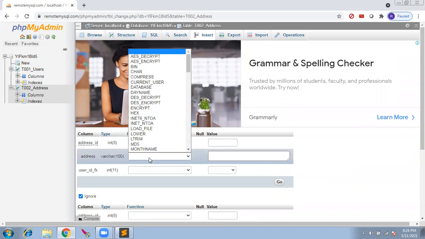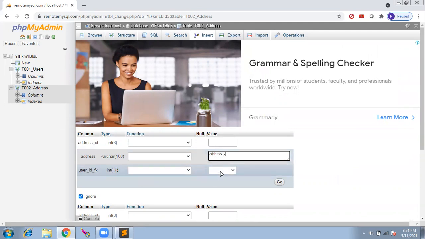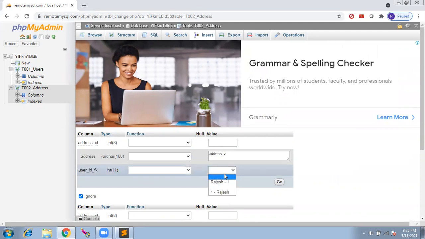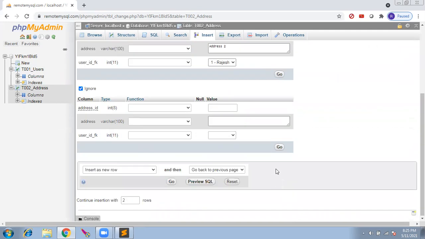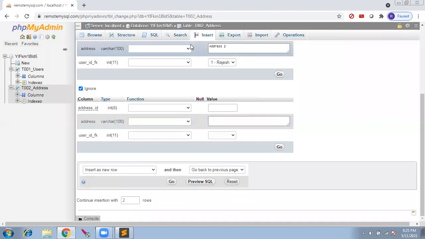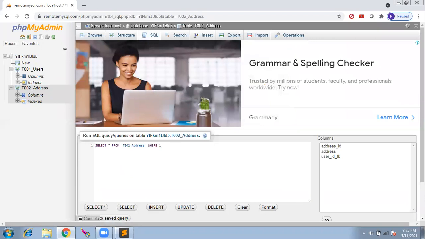The address is the actual address, I'll put address 2. And in the user ID column, I can only select from the user IDs which are already there. Let us see preview SQL.